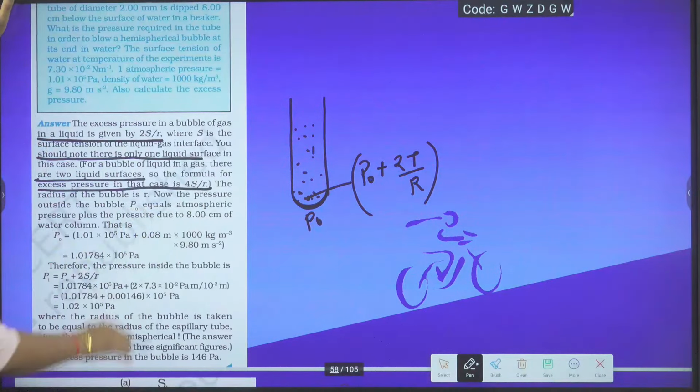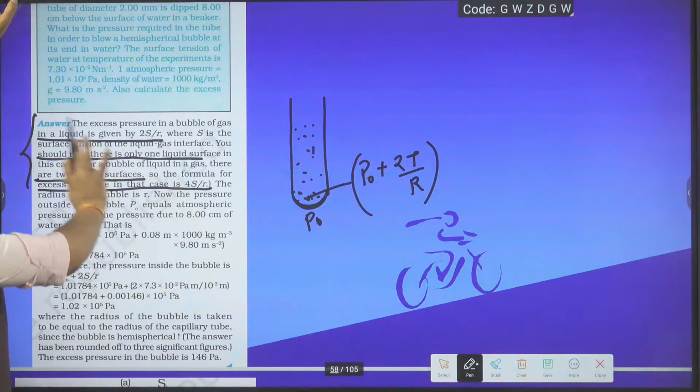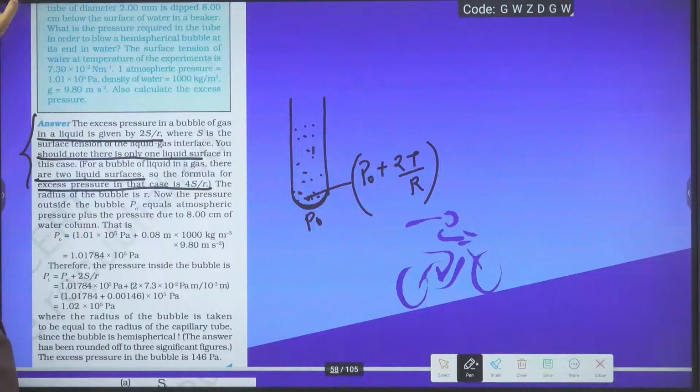4T by R. In this question you have to decide whether to take 2T by R or 4T by R. Calculation is nothing. Just keep this in mind. So this is your bubble of gas in the liquid. Okay, air bubble. For an air bubble you have to take, all the time,